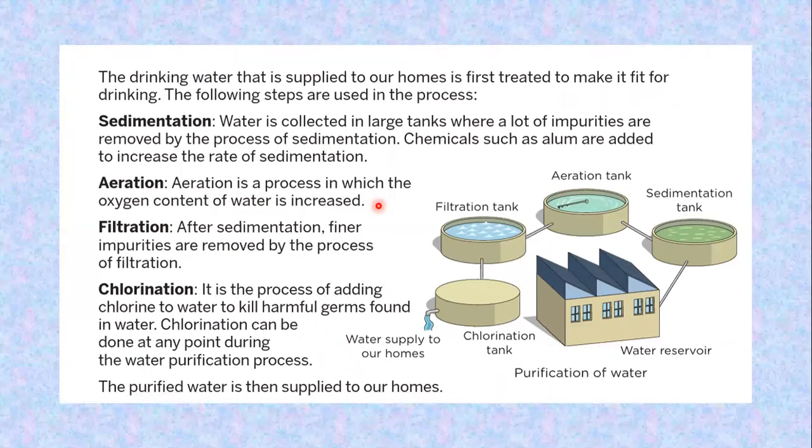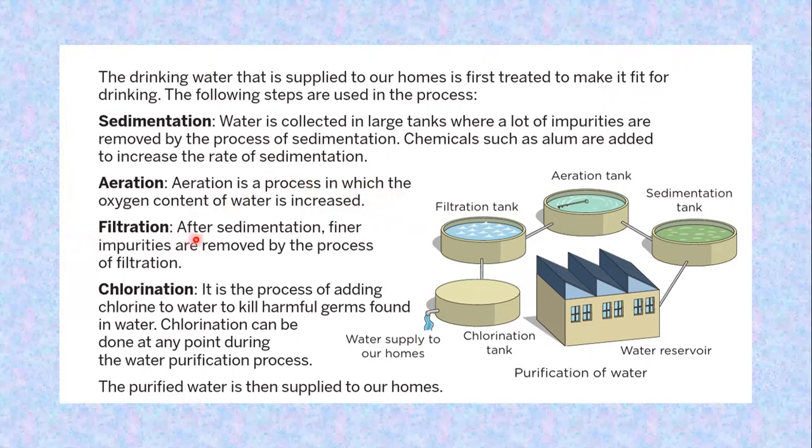When you pass oxygen through water, the oxygen reacts with these things, and because of the reaction, they change into different substances which then separate out. So quite a bit of dirty smell you have sometimes in the water. You have some chemicals also there. So let's say for sodium chloride only. If I pass oxygen through sodium chloride, it will get oxidized and change into a chemical which no longer dissolves in water and it will start settling down. Right. So aeration ensures that other impurities, the soluble ones, get separated out or they react and they change into harmless forms.